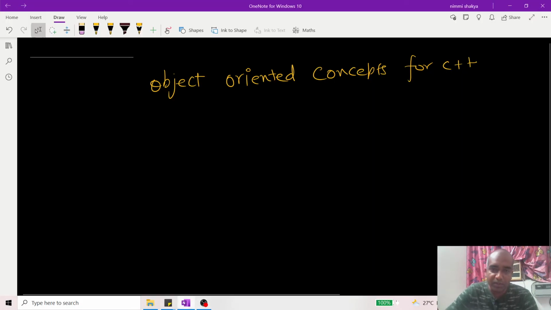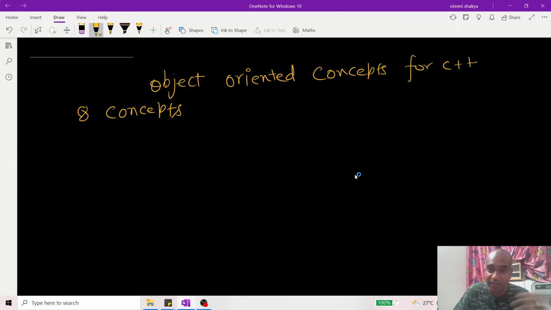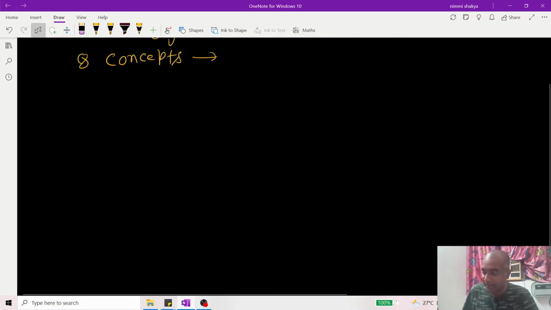So today we are going to discuss the object-oriented concepts in C++. There are basically 8 concepts overall related to object-oriented programming in C++ or in any other language. All those 8 concepts with respect to C++ we are going to discuss today. The very first concept that we will discuss, as you know, would be